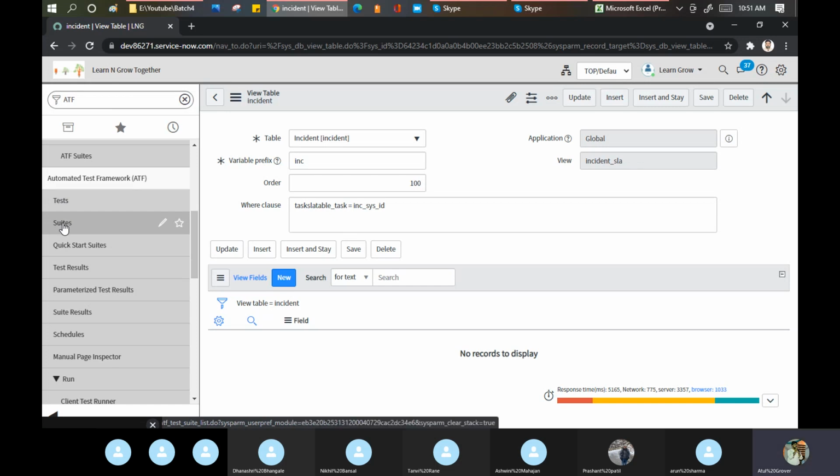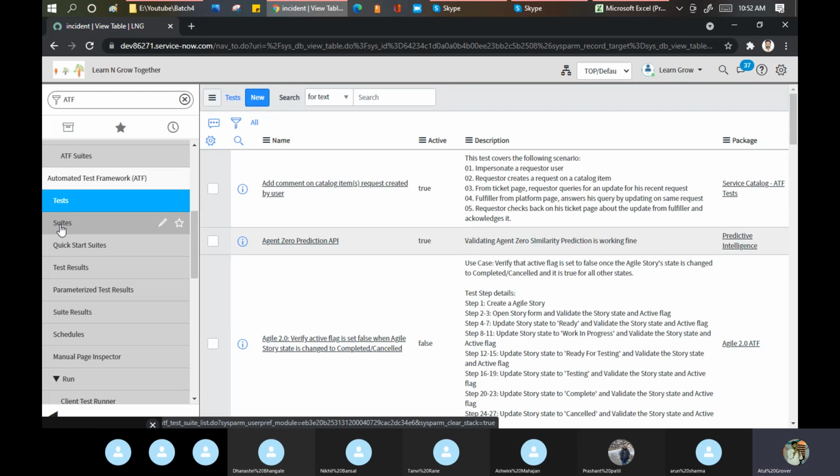Suites, simple meaning a kind of a package. I want to do the incident management testing. These are the 10 test cases, go and execute. I want to run the change management tests. You can go and take a suite of this. No, I want to create my own test case of the incident table. Okay, no problem, you can do that part. So you can create this thing. In the interview, you should know about the suites. What is the meaning of the suites here and what is the meaning of the test here?